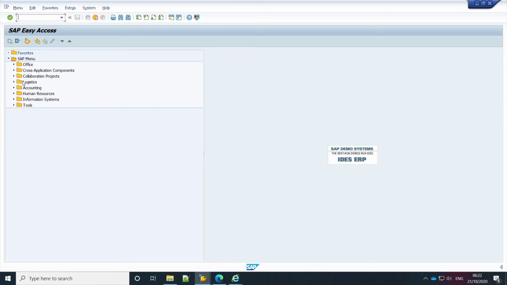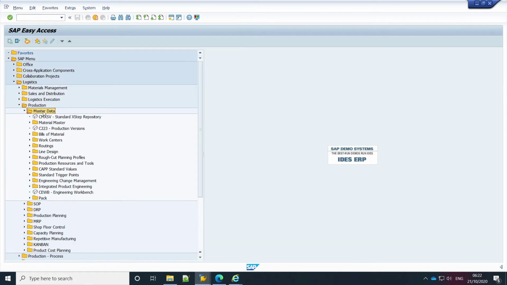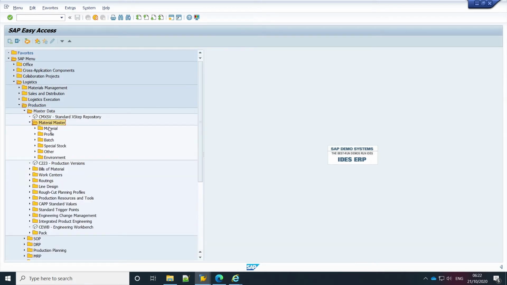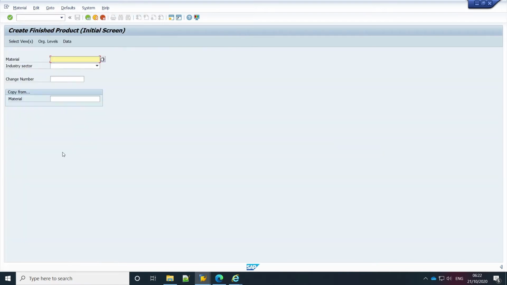To create a material master record for a finished product, go to Logistics, Production, Master Data, Material Master, Material, Create Special, and Finished Product. When you enter your data, it's very crucial that you enter it without any spelling mistakes or any numbering mistakes, because we will enter this data over and over again. If there is any inconsistency with the data, it will be very hard to complete this exercise. So you will enter Crystal